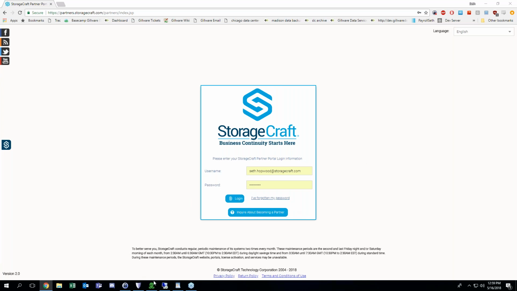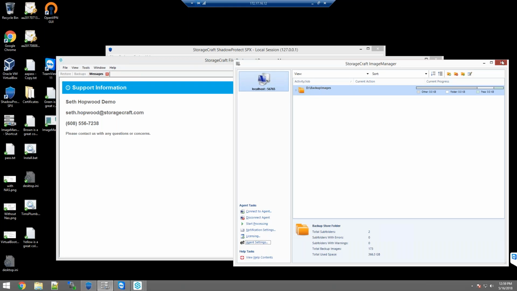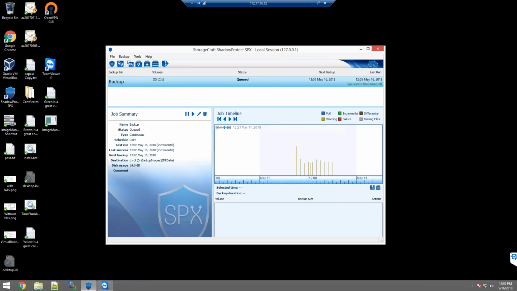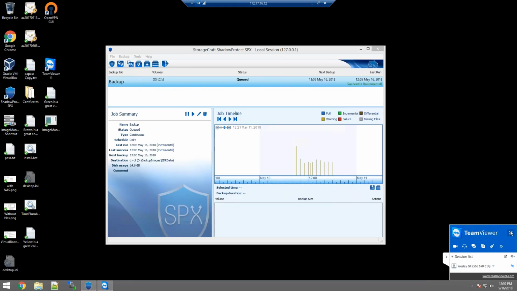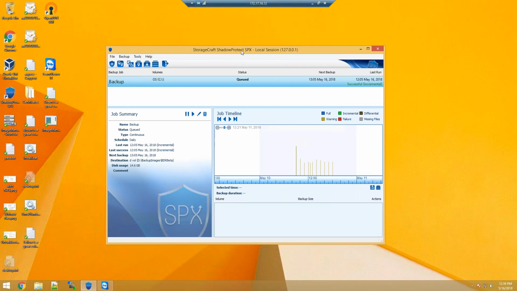So where I'm going to start here is on an endpoint that has, I'm going to close this TeamViewer instance here. There we are. That has ShadowProtect SPX installed. So ShadowProtect SPX is our flagship product. It is generally designed to be used on servers, but it's got plenty of applications on workstations, desktops, laptops, things like that. It is an image-based solution, so it's going to be making backup images